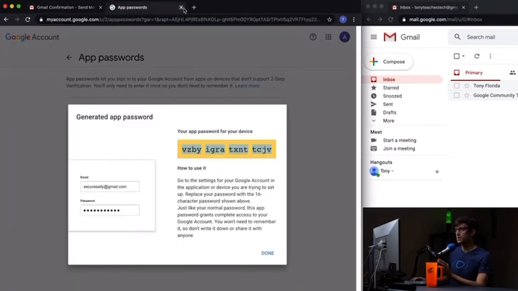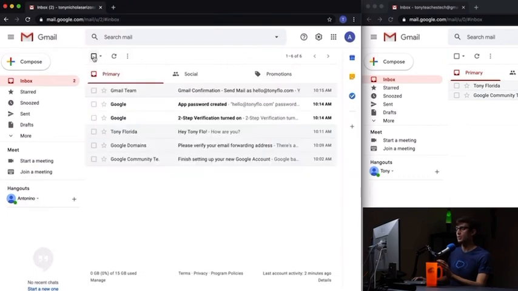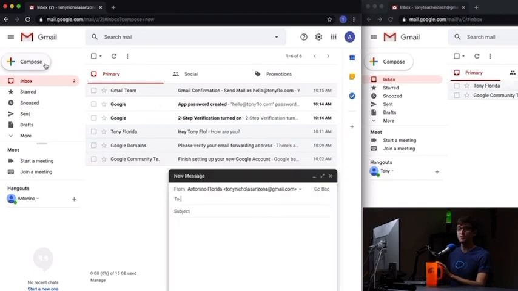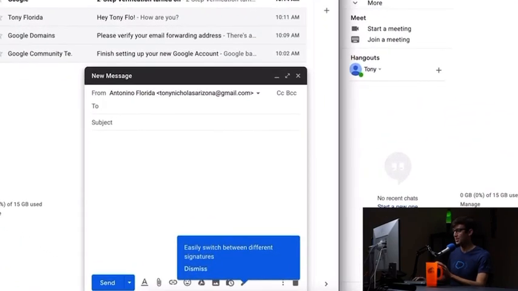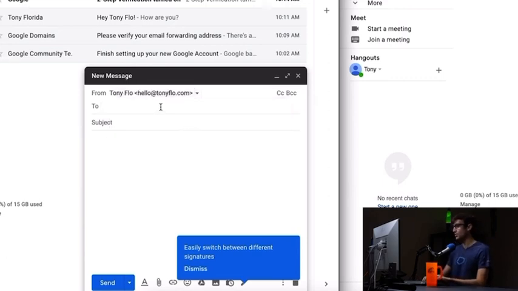So we're done with that. We're done with the app passwords. And now if we go back to our inbox, we should have the ability to send an email as hello@tonyflow.com. So let's see. You see this drop down bar now in the from section. Click that. We can send mail as Tony or hello@tonyflow.com. So we'll send an email to